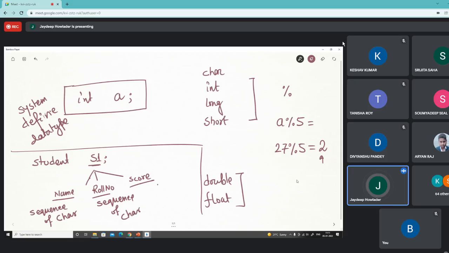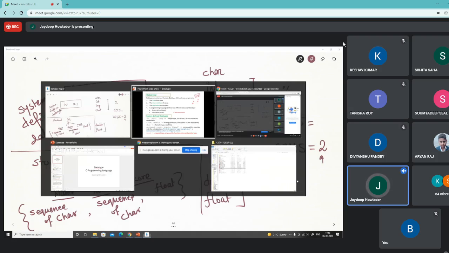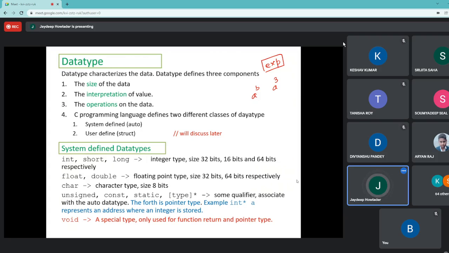Then score is a float, etc. And we amalgamate these things. We basically encapsulate all these things, and the student now becomes a piece of data. So I can store the student as a single variable, and this student will reflect different types of characteristics. Or it holds different types of data, or it is basically an encapsulation of different data. So how do we express this type of data?